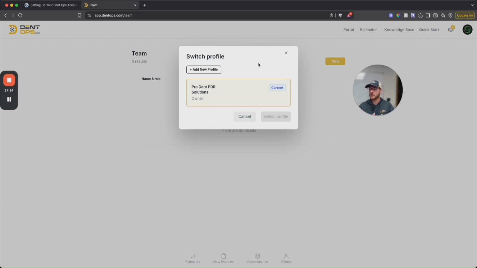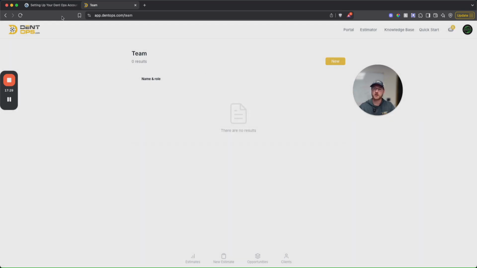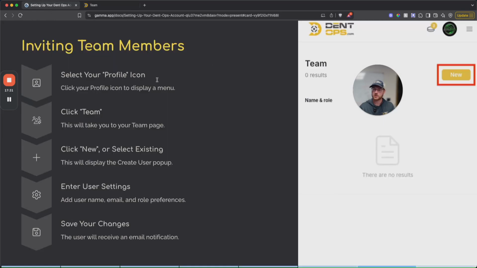Technicians might have 10 different Dent Ops accounts that they have access to, or had access to, because they worked at multiple different operations that were leveraging our different solutions and tools and resources and everything that we provide. Anyways, getting back on track here, just to recap what it looks like to invite team members,